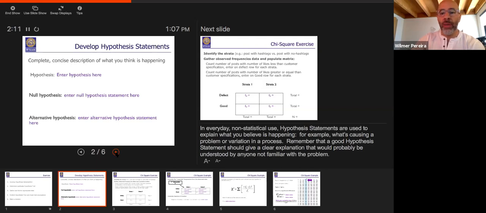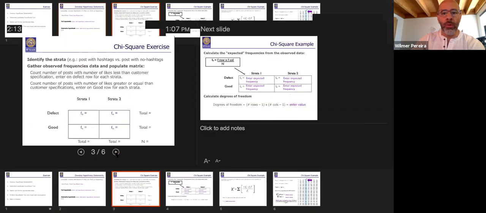Then once you have defined that, you have to go and identify the strata. For example, that can be posts with hashtags versus posts without hashtags. So the hypothesis here is that posts with hashtags get an average likes per post that is higher